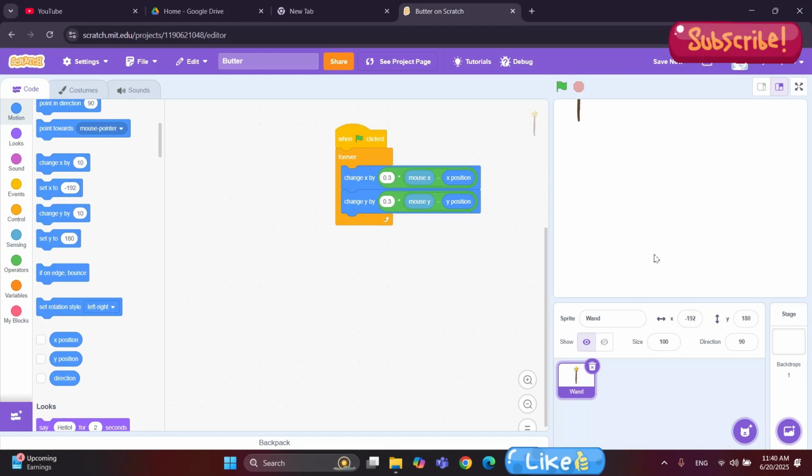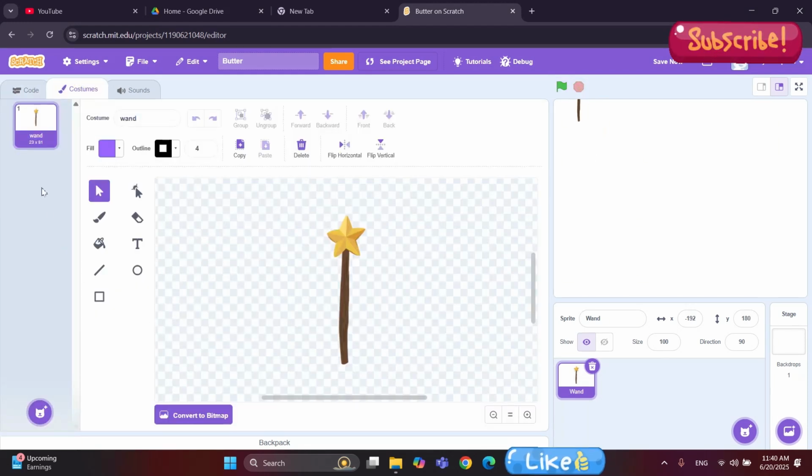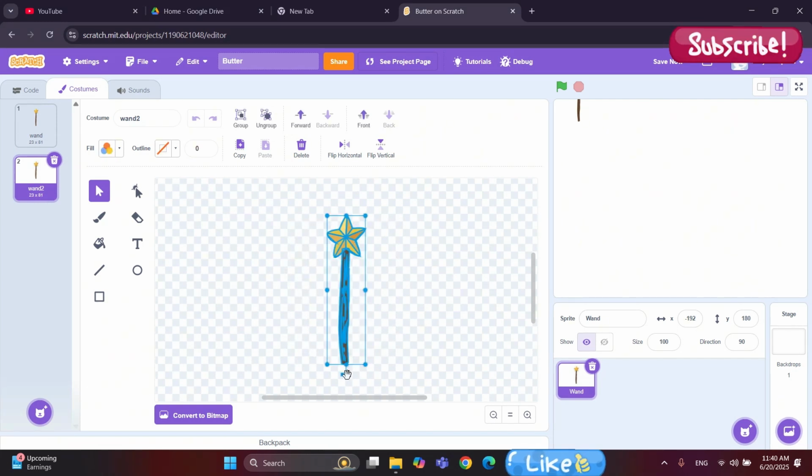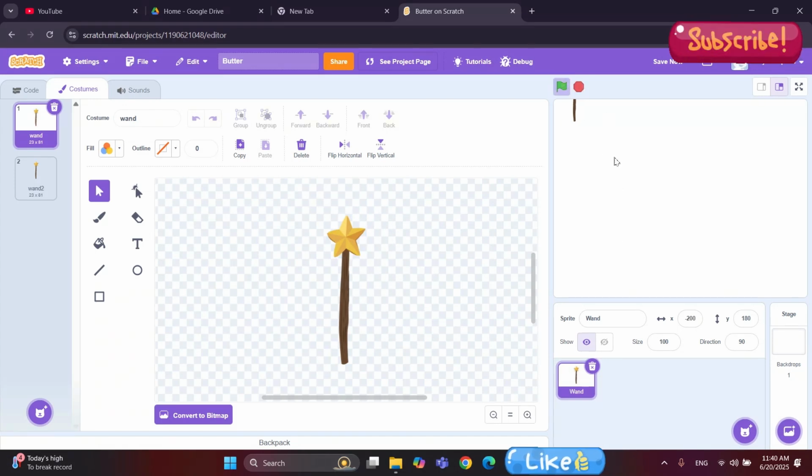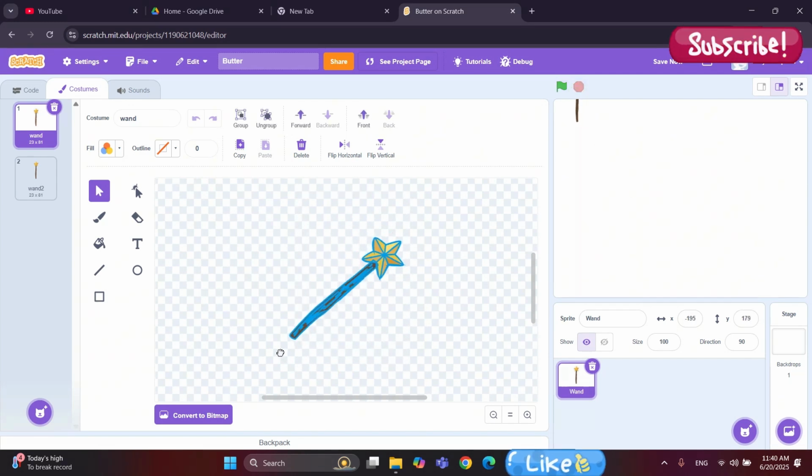let me stop it, and let's go to the costumes, and let's make some magic costumes. Let me just duplicate this costume first, and for doing the magic let's select the whole stick, and first of all let's select this first one. We don't want to hold it straight like this. It's a little bit not good, so let's make it a little bit horizontal this way. We generally hold the magic wand this way,